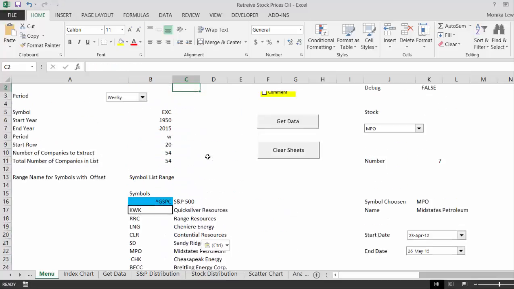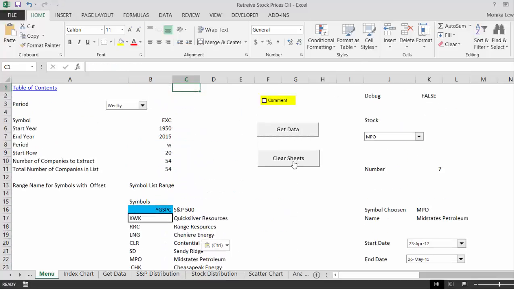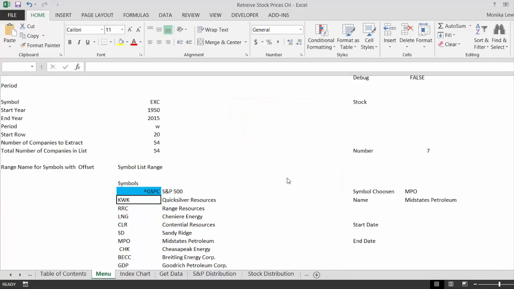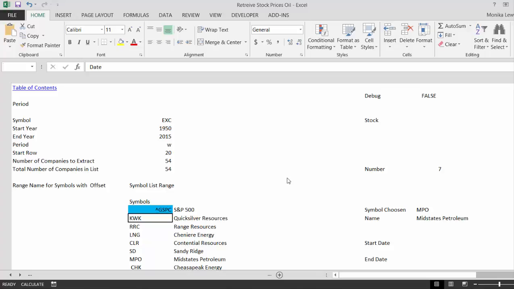Okay, now if you want to update this, all you do is press the clear sheets, and it just goes clearing the sheets. Now the way that clear sheets macro works is it has to start at the end. When you clear something, you have to start at the end, not at the beginning. And it's taking a little too long. I thought I put the calculate to manual on that. I guess I didn't.